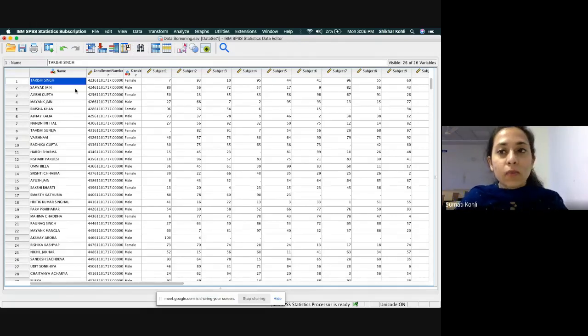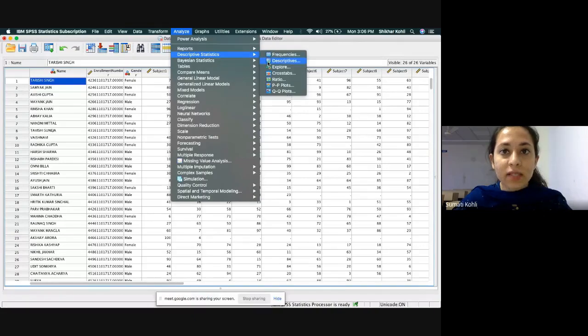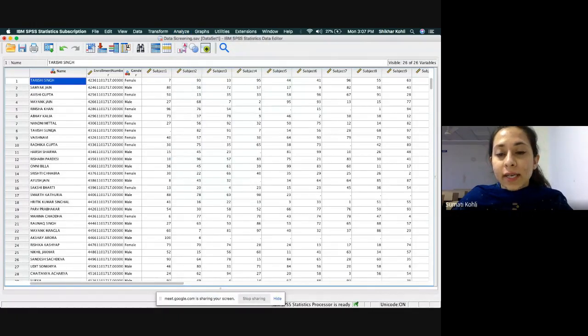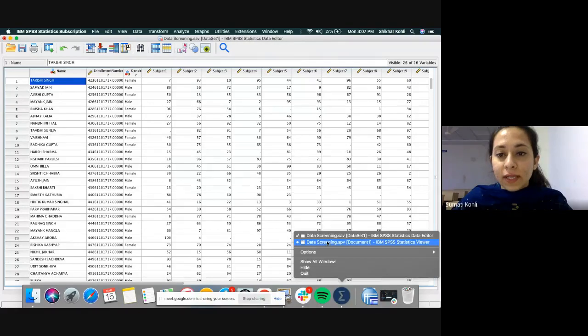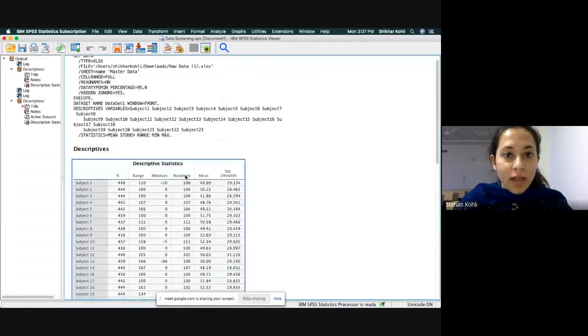Till last class, I had told you how to compute the descriptive statistics in SPSS. We have already done it in Excel. And you all would remember how we do it? We go to Analyze, we go to Descriptive Statistics, and then Descriptives. Once you click on Descriptives, you can choose whatever descriptive statistics you want, whether you want mean, median, mode, minimum, maximum, etc. And then you get an output, something like this, which we had generated in the last class.